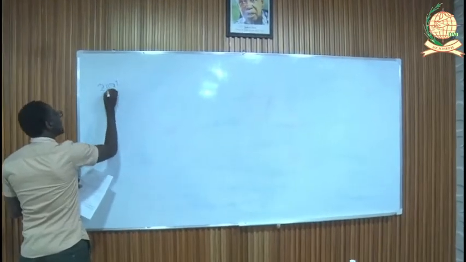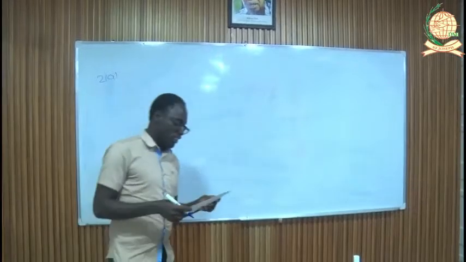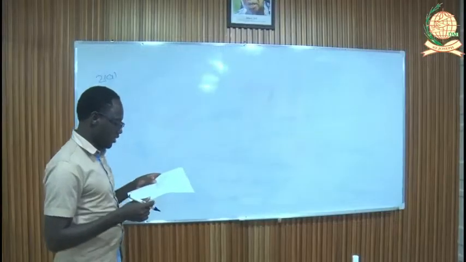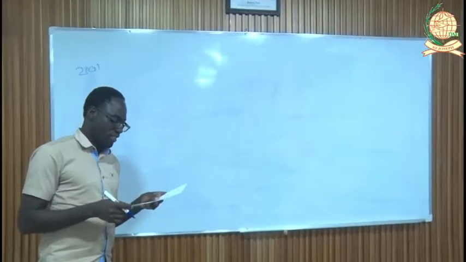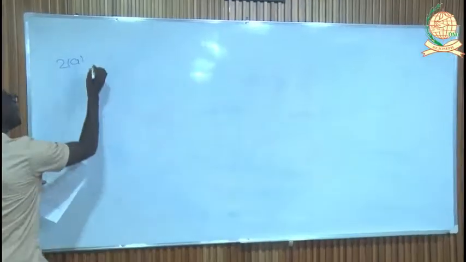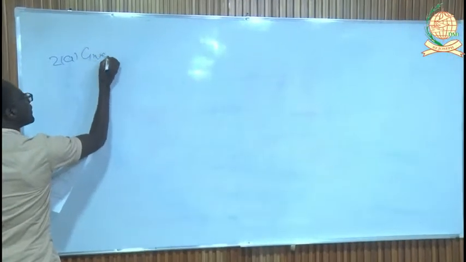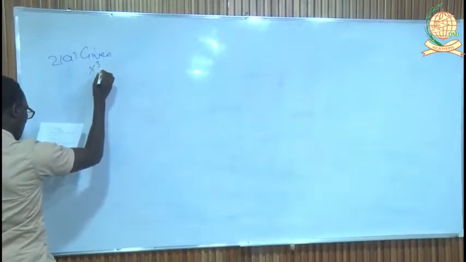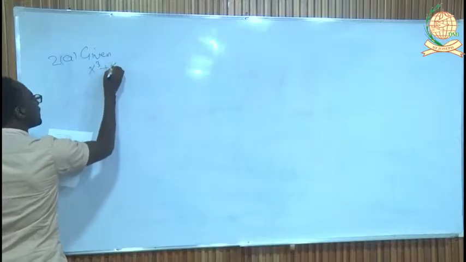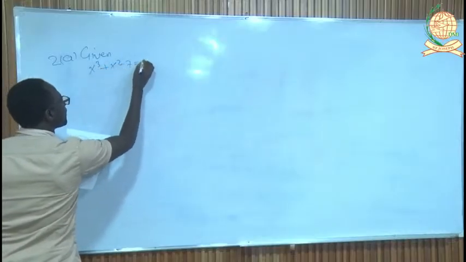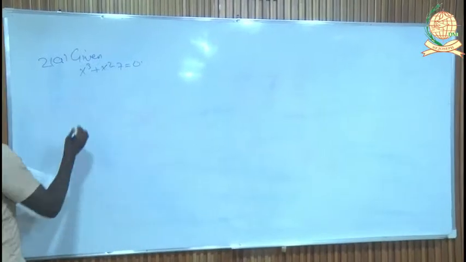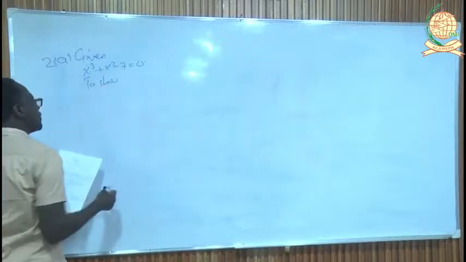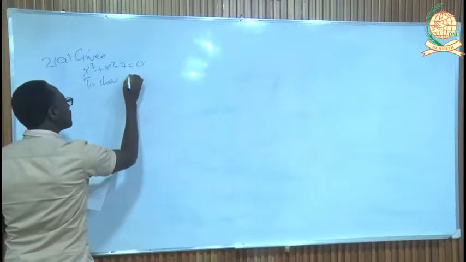Question number 2a, the question says, show that the equation x^3 + x^2 - 7 = 0 can be written this way. We are given x^3 + x^2 - 7 equals 0, and we are asked to show that this equation can be written in the form of square root of a